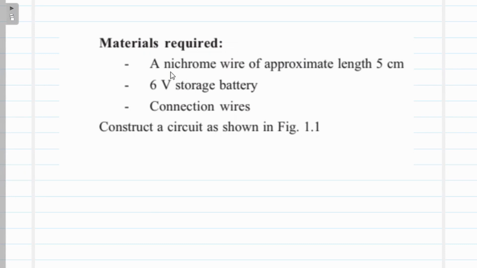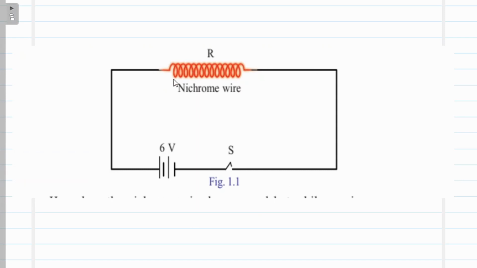For that experiment we have to choose three things. What are they? A nichrome wire of length 5 centimeter, a 6 volt storage battery, and connecting wire. How do we connect them? You just take a nichrome wire, and at one end we connect a battery and a switch,